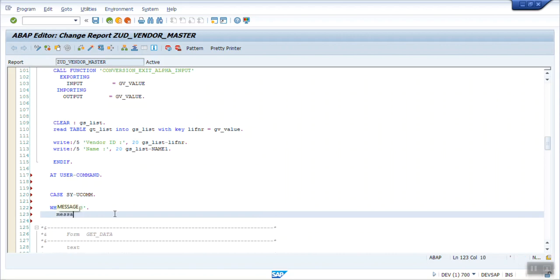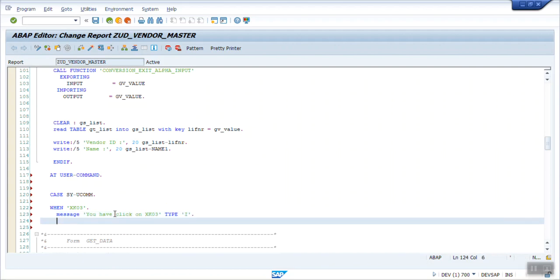We'll simply display message as you have clicked on XK03, and the message type will be I, that is information message.